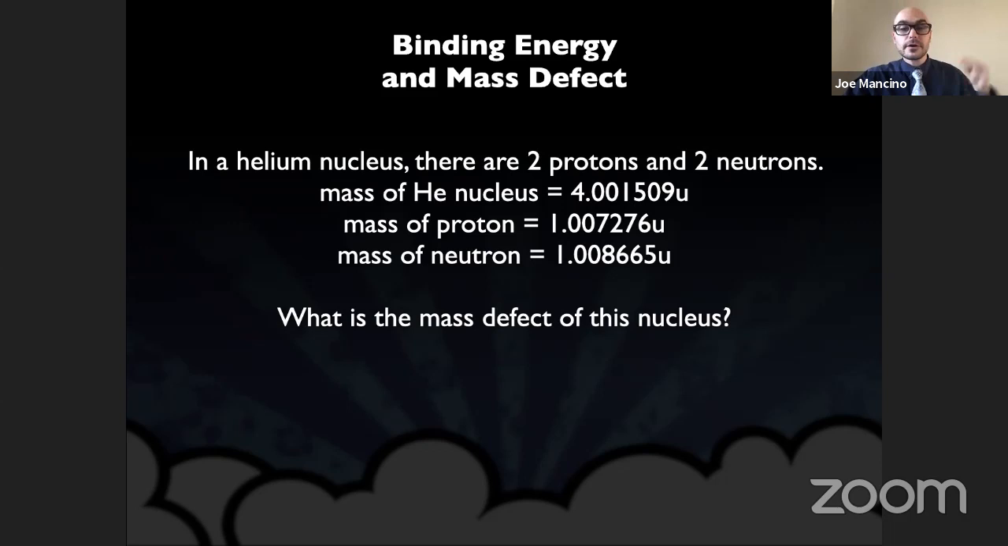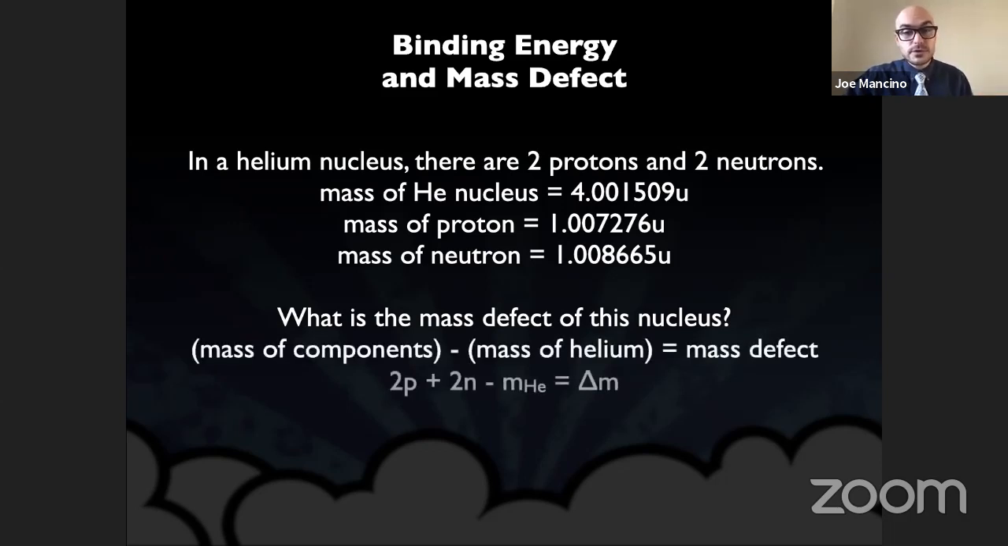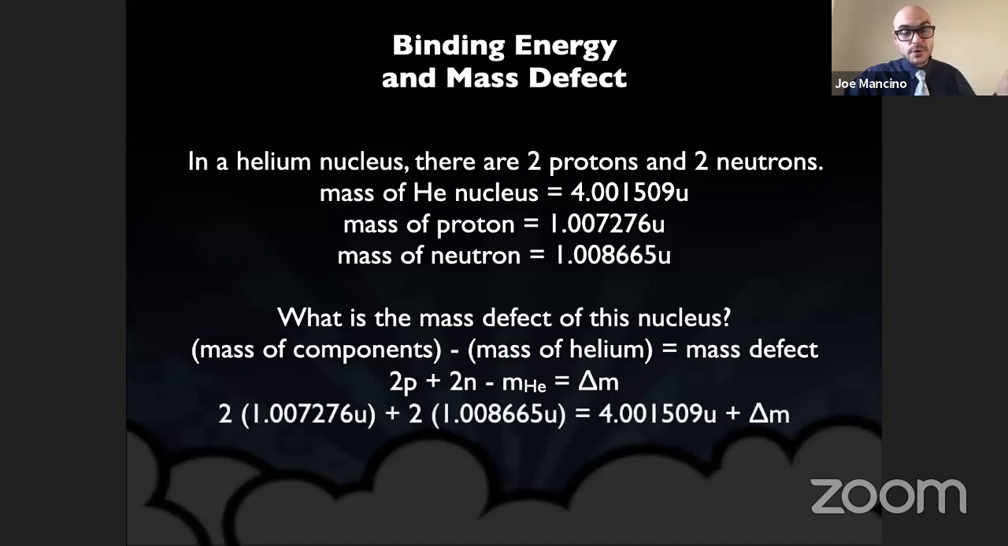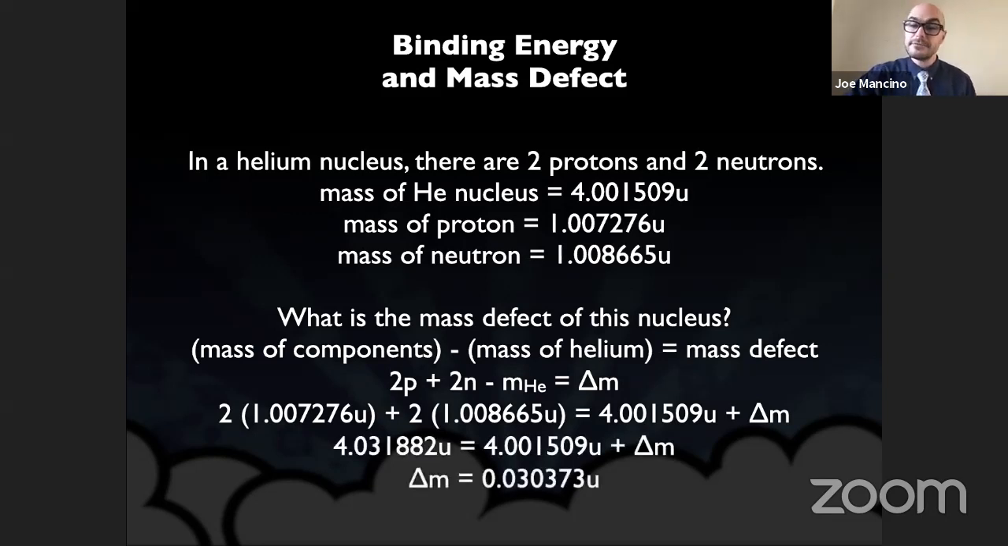When we glue together 2 protons and 2 neutrons, something happens. They have less mass. So the mass of 2 protons plus the mass of 2 neutrons is different from the mass of the helium atom. And that difference in mass is called the mass defect. So screenshot that, stare at it a little bit later. The mass defect is